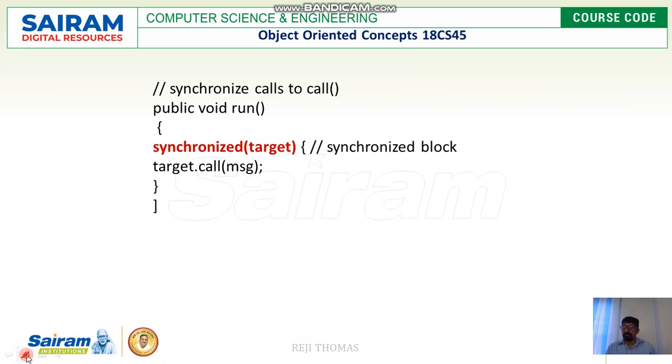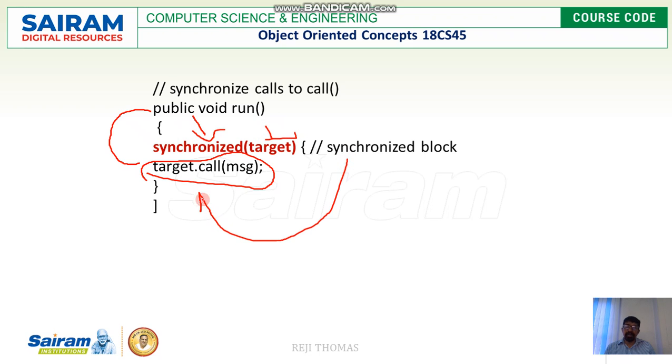This is the actual way I should call the call method. Look at this. Inside the run method I have a call to the call method. Before this I have made it synchronized on target, where I made a call to the method called call. That means I cannot go inside the class and make the call definition synchronized. Instead of doing that, I have a solution where I use a synchronized block. Inside the synchronized block, I'm going to make a call to the method that should be synchronized.